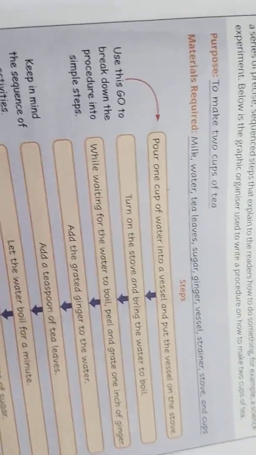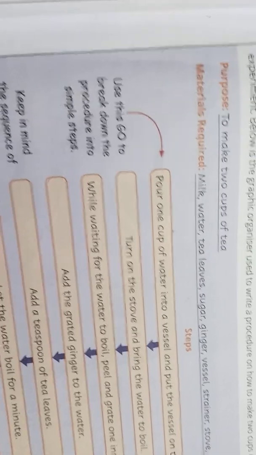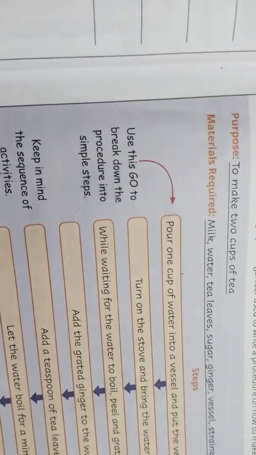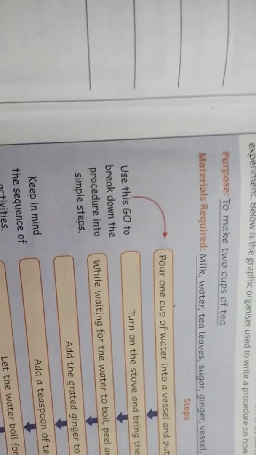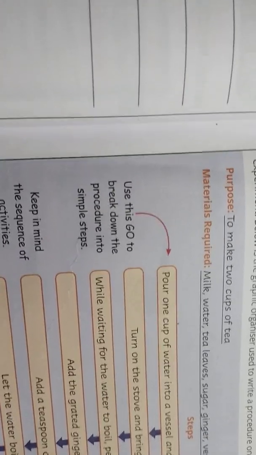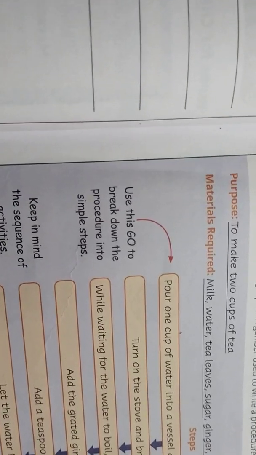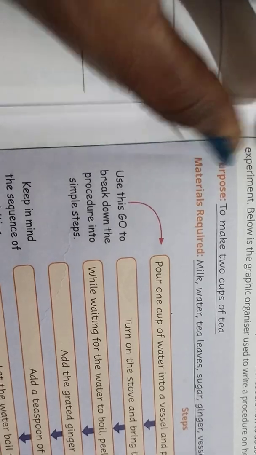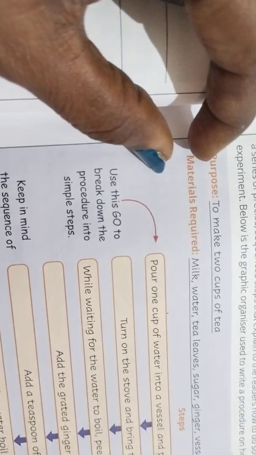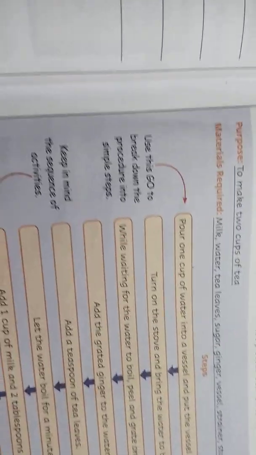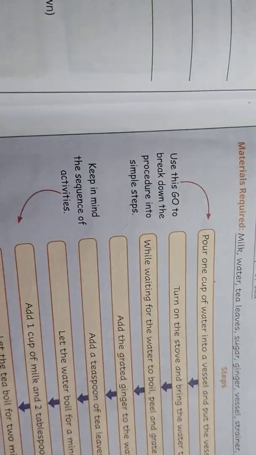Did you get me? Before that, we didn't know how to make a cup of coffee. So the purpose is, you have to write whatever it is. For example, to make a cake or to make a coffee or to make a biryani, you may know so many eatables, right? So you can take one purpose, and what are the materials needed, you can ask from your parents, and you can write the steps as your mother says. You can take the steps over there.